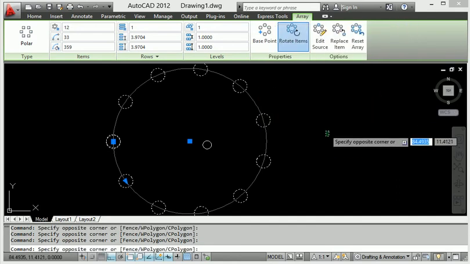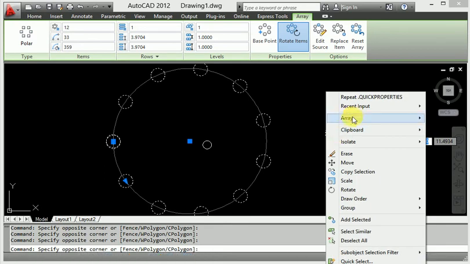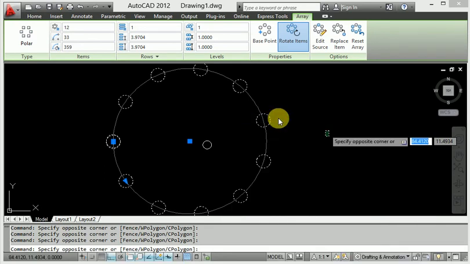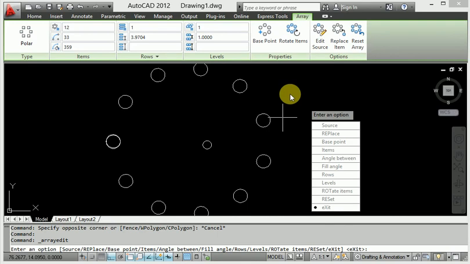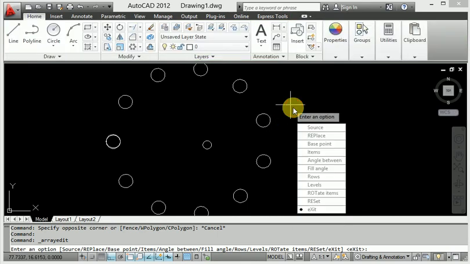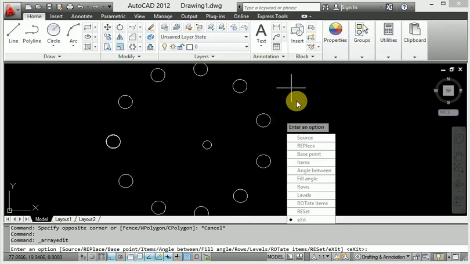Okay, then again, how to use the shortcut key in circular pattern.